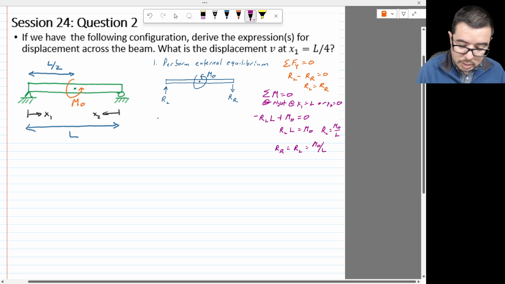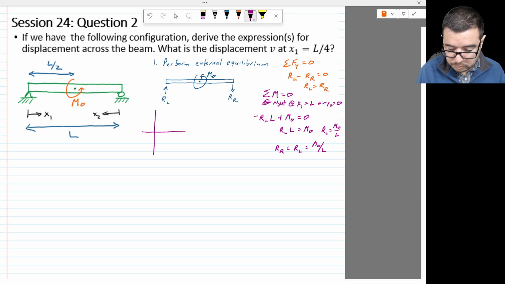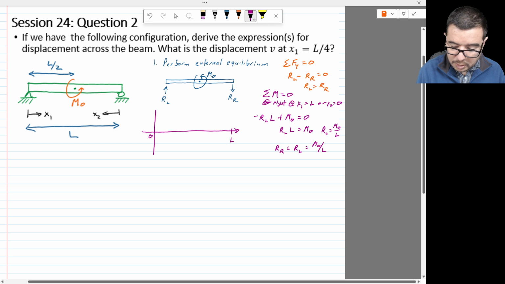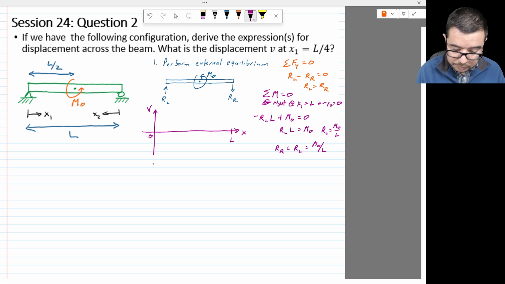So when we draw the shear force diagram, and here we go, we need to think about what's happening at the boundary conditions. So we have this is going to be 0, this is, we'll say, it's not quite, but that's L, and this is X, and then this is going to be V. What's happening at the left side? Well, at the left side, and I'm trying to think, well, okay, this is kind of maybe not the most conventional way to draw these things, but because I still have to have the bending moment diagram, but by convention,